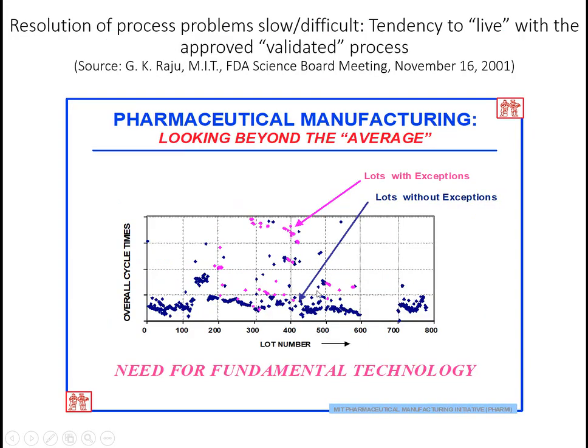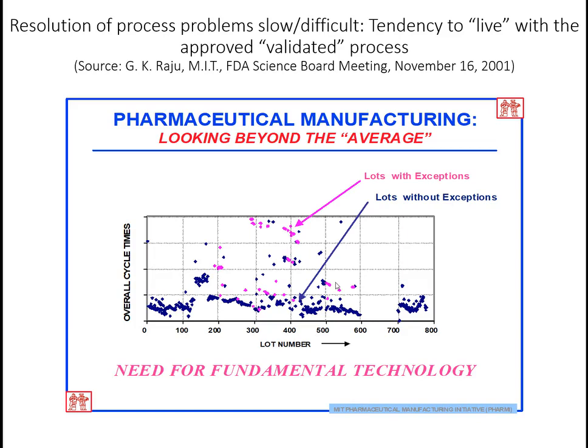And you can see that graphically here, where you have sort of an idea of what the average throughput was thought to be versus what it was. So these were all to do with exceptions, and some of the ones that took longer without exceptions were just because of delay in getting material, perhaps. But the OOS investigations may never resolve. I've been involved with them that have been going on for a year or 2 years and never resolve. And that's because it's hard to back into what was the root cause of a problem. And if you don't really understand what the pharmaceutical equivalence is, it's really hard to figure out where things might